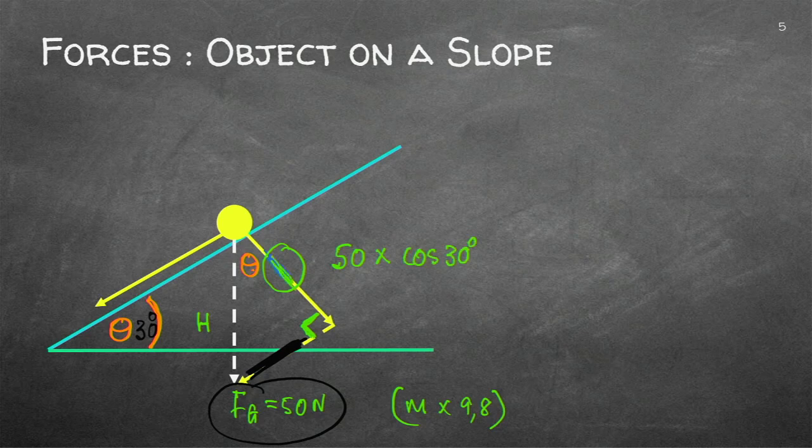It's adjacent. Guys, remember, do not learn this out of your head and think you're going to have a memory that will tell you this. Figure it out whilst you're busy with the calculation. This one is opposite to the angle. So this one, which is exactly the same as that one there, will be 50 times the sine of the 30 degrees. So you always have forces that you can calculate in order for you to do the calculation.